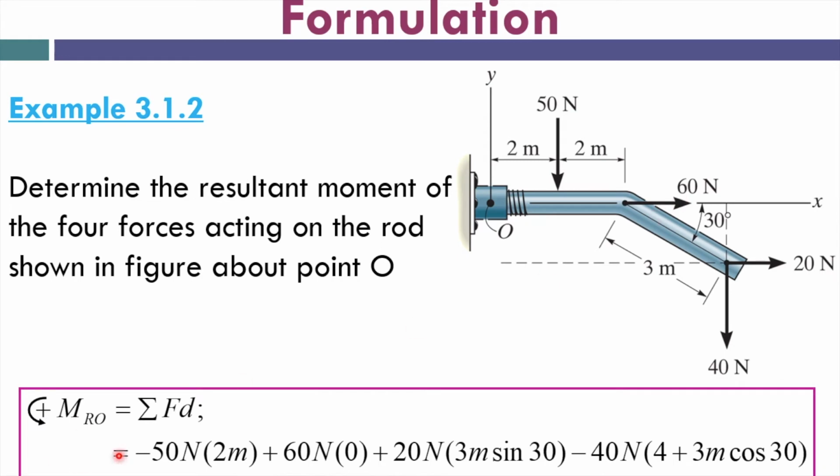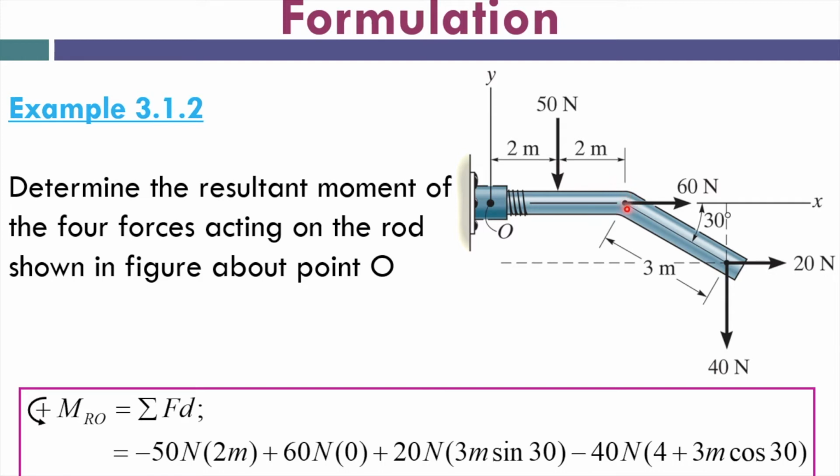Okay, so here the calculation will be negative 50 Newton, this value of force, times 2 meter. Why negative? Because it is clockwise. And then plus 16 Newton, because here 16 Newton is counterclockwise, and this point is when you solve for the